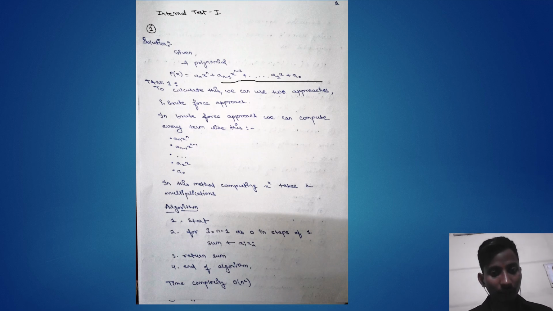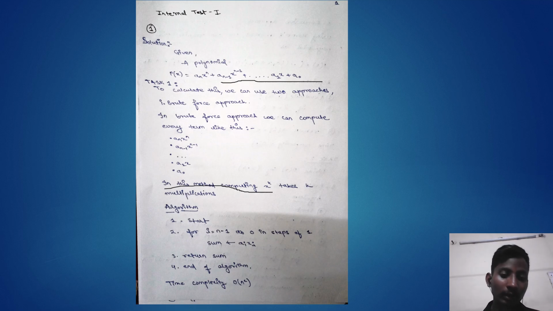Task 1. To calculate this, we can use two approaches. Brute force approach. In this brute force approach, we can compute every term like this. In this method, computing x power of k takes k multiplications. So the algorithm: first of all, we start, then a for loop going from n minus 1 to 0, decreasing one by one. It is initialized into sum, which is a variable, and return the sum and then end